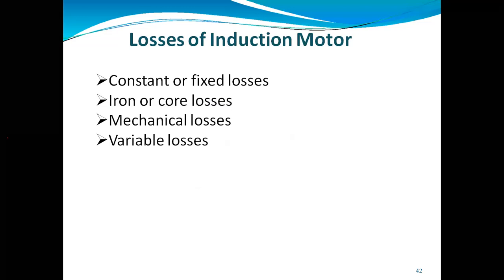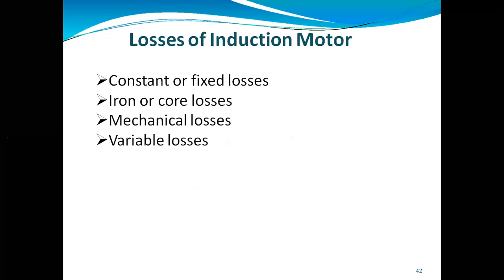So if you are doing the proper connections, you can minimize that iron loss, or you can say core loss. And by laminating the core properly, we can decrease the area and hence you will get an increment in resistance. So which will result in a decrease in eddy current loss, because we have seen Ohm's law. Ohm's law is nothing but V equal to IR. So you can see I will be inversely proportional to R.